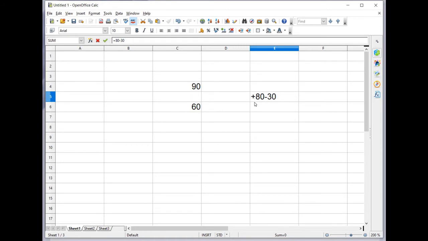Here I am starting the formula with plus 80 minus 30. So 80 is more than 30. So 80 will minus 30 and it is 50. So if I select the cell, it will show the formula here. So minus plus 80 minus 90. So what will happen here? As 90 is greater, it will minus and give the answer as minus 10.